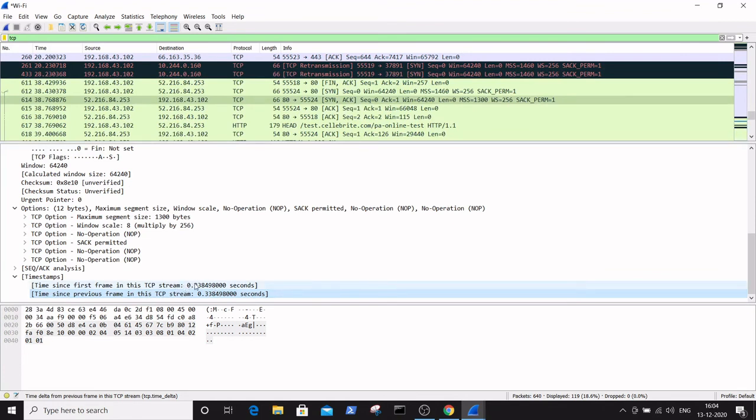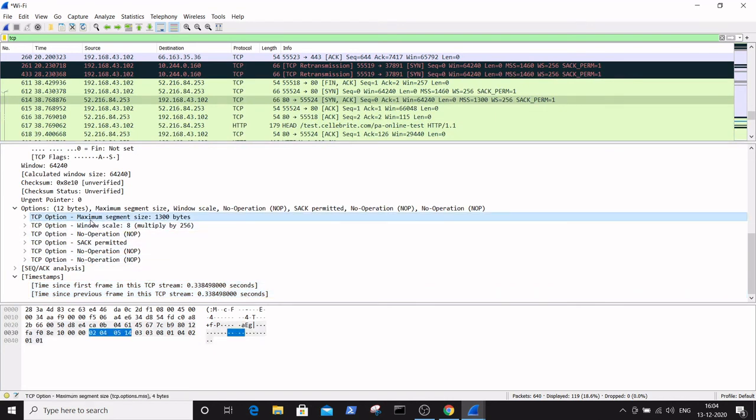But when the client is requesting the server by sending a SYN flag, the timestamp is 0 seconds. But when the server sends the SYN ACK flags, the timestamp value is 0.33384 seconds.